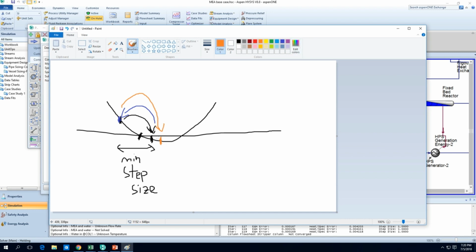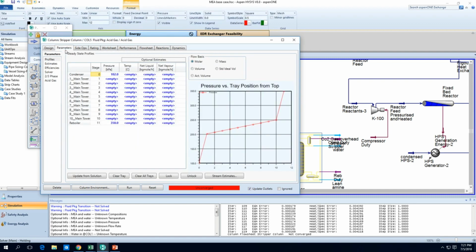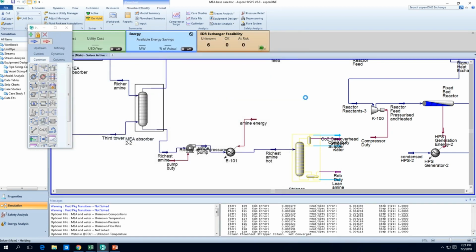So the solution is to reduce the step size to a new minimum so that you can start to converge. That could be one of the common problems encountered in the MEA amine system. So how do we actually get this done in HYSYS? Well, I'd like you to go to the solver tab, and look at this thing called damping factor. This damping factor is what determines the step size. So if we reduce the damping factor, let's say from 1 to 0.1, and we try and run the simulation again,